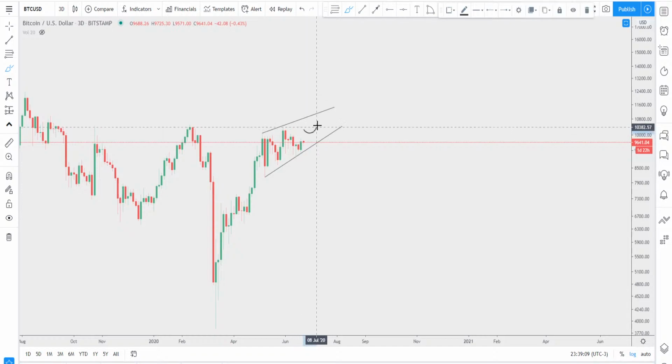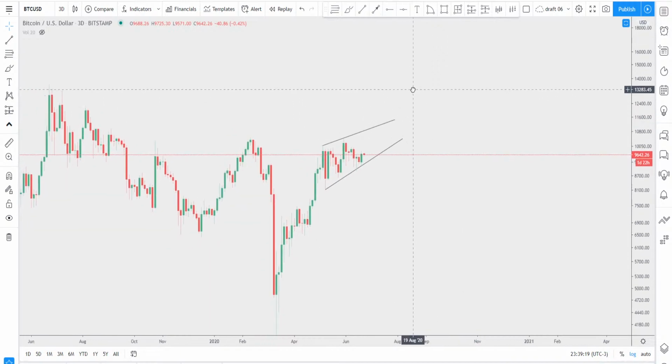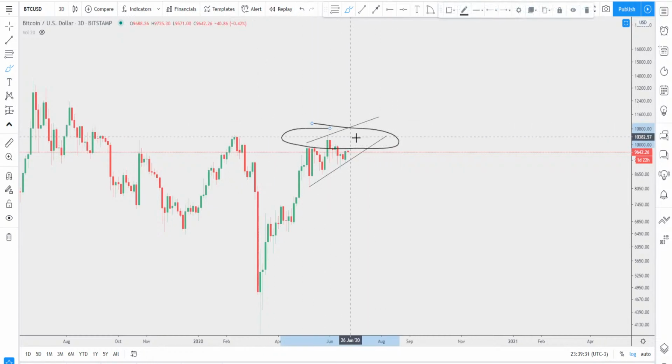It is possible to have a bull break from here, and it would be the ultimate bear trap, okay? But the bears are not stupid, because if they are placing their shorts around this level, let's say this range right here,